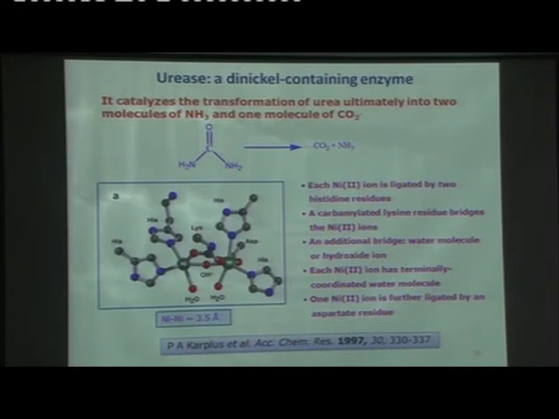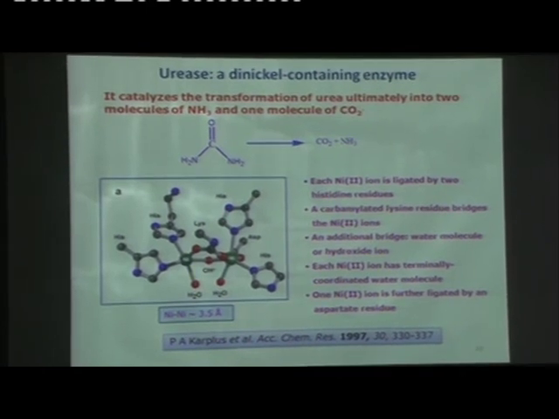And you have nickel, and this is histidine, this is another histidine, and that nickel also has histidine, and that has also histidine. But this nickel has one aspartate, this nickel does not have. It has a water, there is a hydroxo bridge, and there is a carbamylated lysine. It is bridging the two, and the hydroxide ion is also bridging. So it is a very rigid bond. But this nickel has one water in a cis position. Okay, the typical cis. Why cis? You will understand very soon.